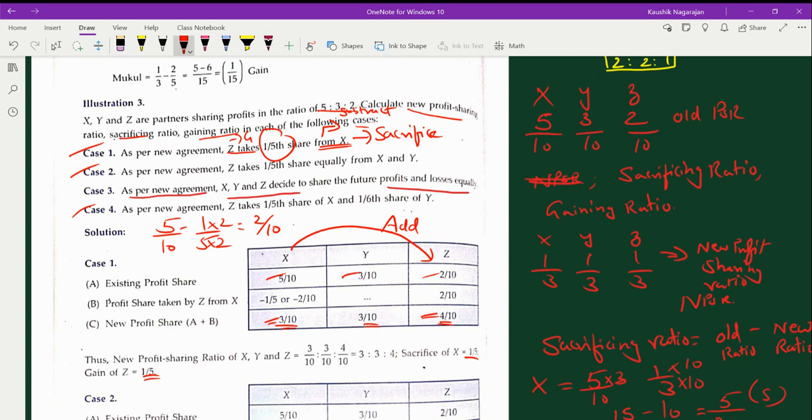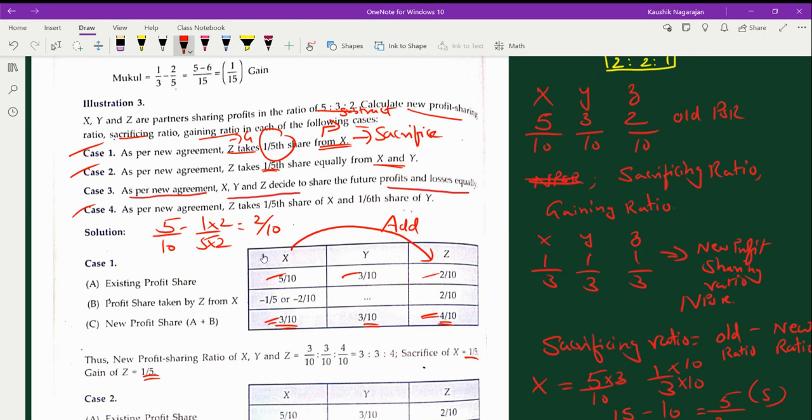So moving on to problem number 2. In problem number 2, that is case 2, it's mentioned here that the new agreement says Z is taking 1 by 5th share equally from both the people X and Y. So here, the new profit sharing ratio is given to a partner, that is Z, and it is mentioned clearly how much each person has to give away, or in what proportion Z is taking it